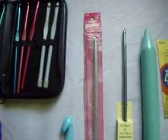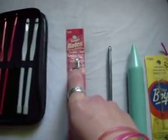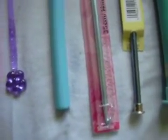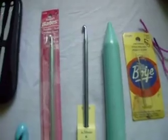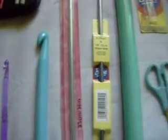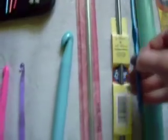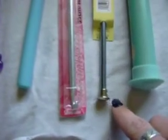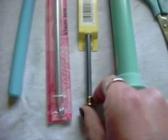And here are more specialty items, specialty hooks. You have your double-ended hook, which you can see, hopefully, has the hook end on both ends, and it's rather long because it's meant to use all the way across an entire piece. And then right next to that is just an extra long Afghan hook, which is again a lot longer than, say, your regular hook, at least double the size of it. And then it also has your little pin there to hold your yarn and keep it from falling off the end